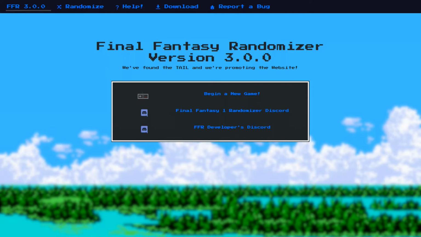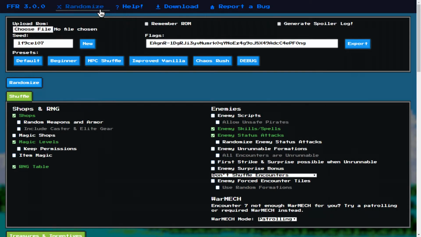First, we're going to go over the settings and the flags for the race. We're playing with version 3.0.0. We found the tail and we're promoting the website. I don't understand what that means, but let's go ahead. It's nice that they are advertising 2 of the 5 discords. Begin a new game or randomize. Let's go with randomize up top. We'll click it one more time. All right, here we go. We're going to make the flags, and